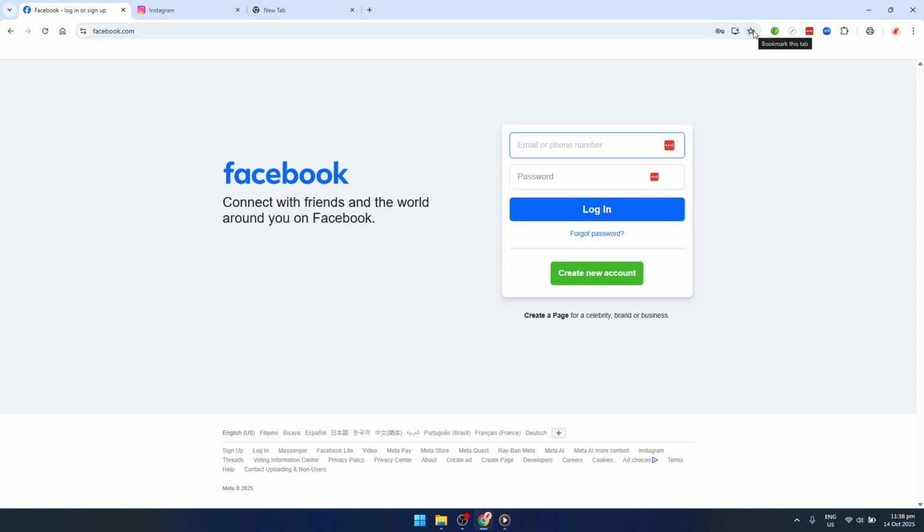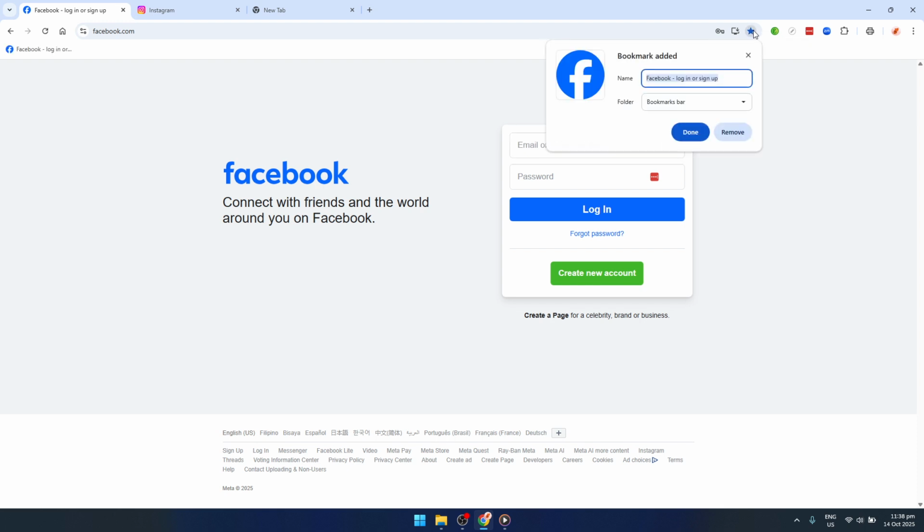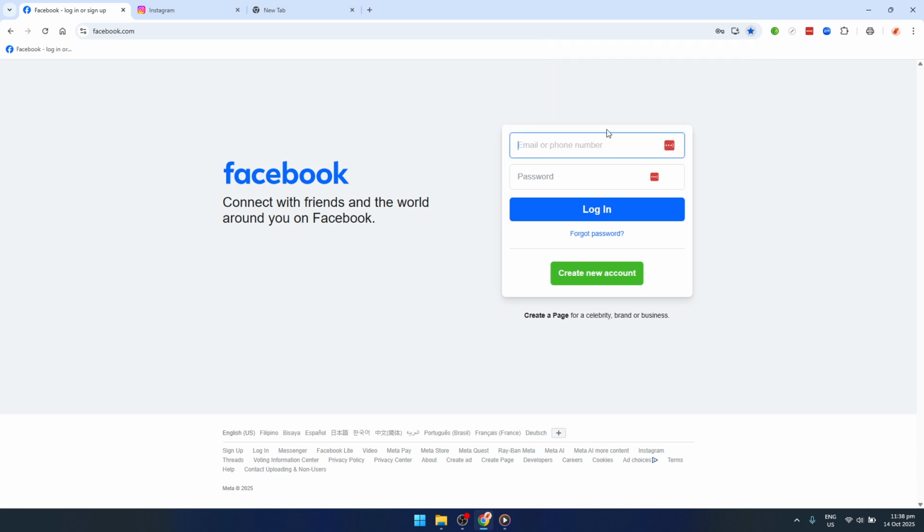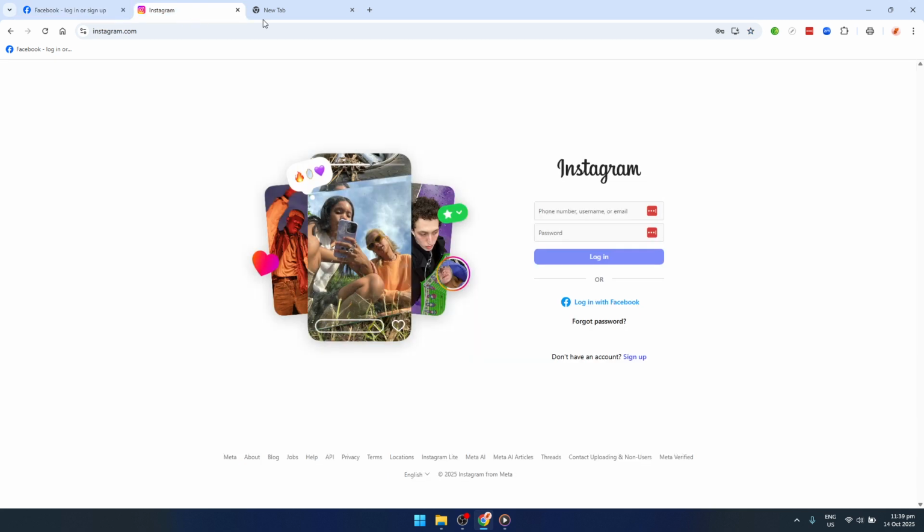Click on the star icon and a dialog box will pop up, giving you options on where to save this bookmark. Make sure to select Bookmark Bar as the save location, then confirm by clicking a button that says either Done or Save, depending on your browser version. That's it. You've successfully added a shortcut to your Bookmarks bar, making your new menu bar even more tailored to